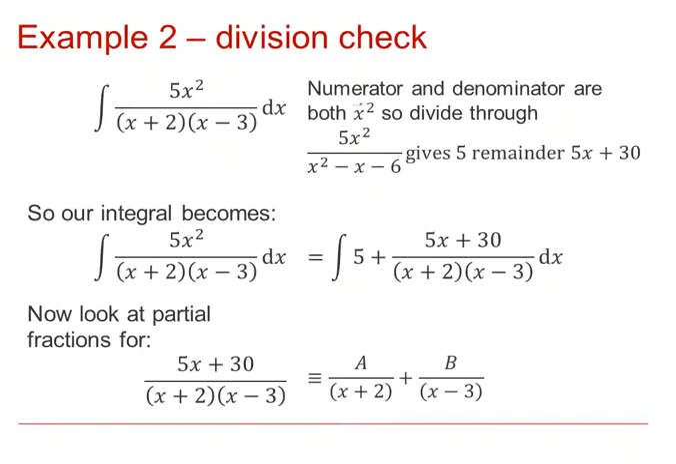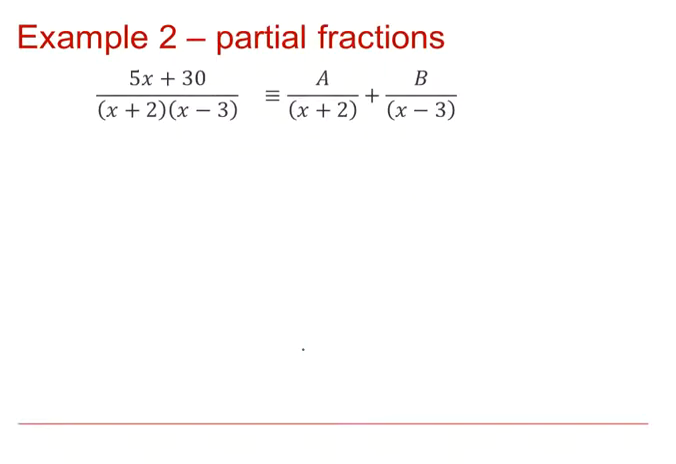So just to recap, we've got a numerator and denominator that are both quadratic, so we have to do the division. You could do algebraic long division, or use the method that I showed you previously to write it as 5 plus this fraction. And it's that fraction that we would have to put into partial fractions. So if we focus on putting this into partial fractions, if I multiply through by the denominator, I get 5x